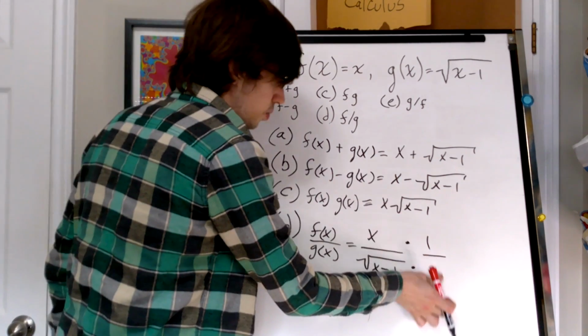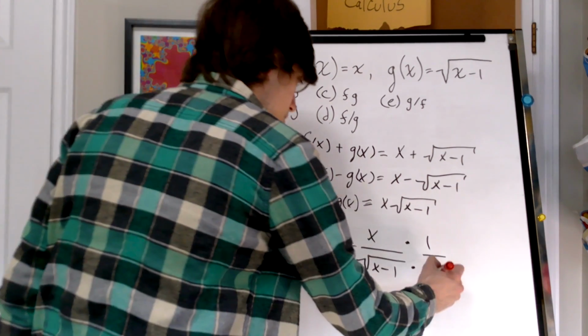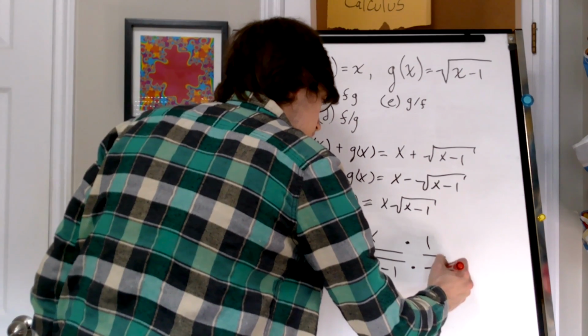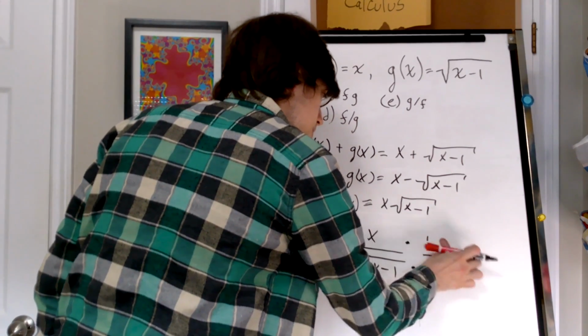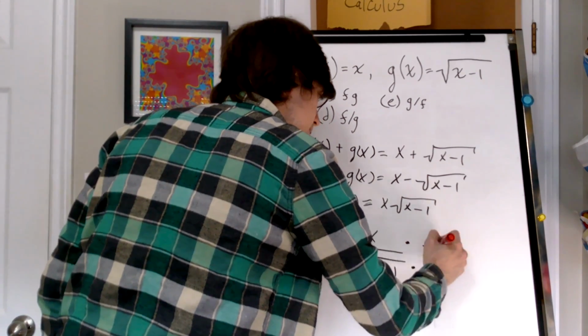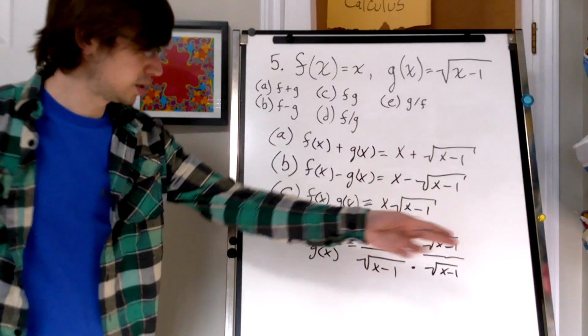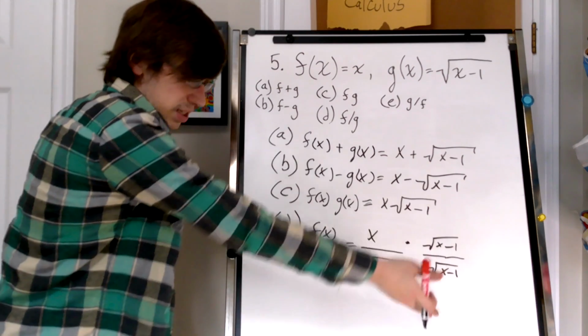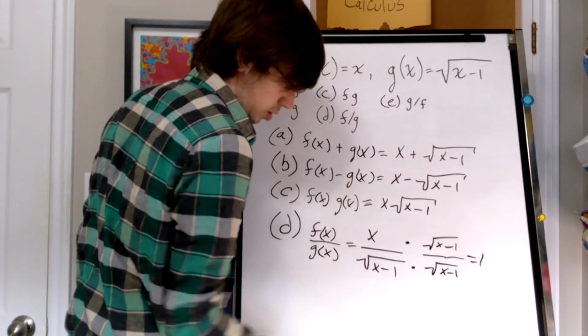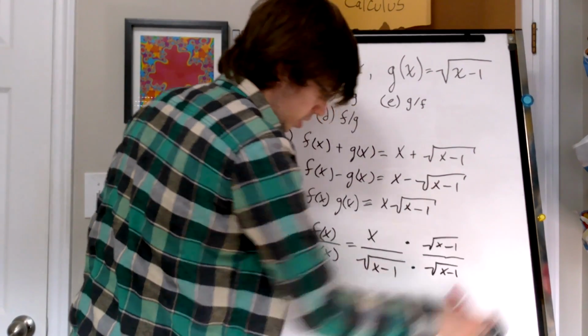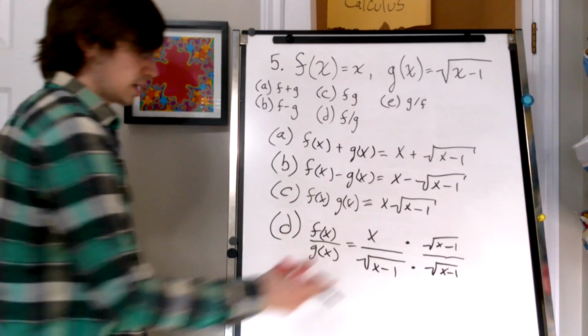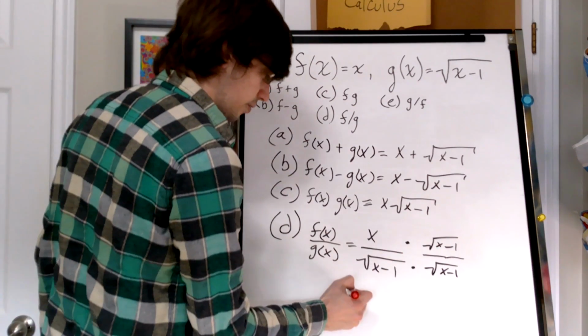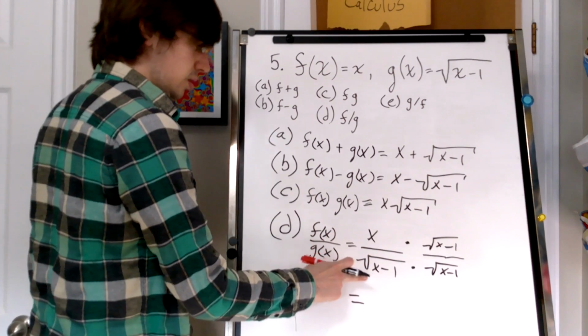But we can also make it such that that 1 is the square root of x minus 1 over the square root of x minus 1, that is still technically equal to 1. So we still haven't done anything to the equation,